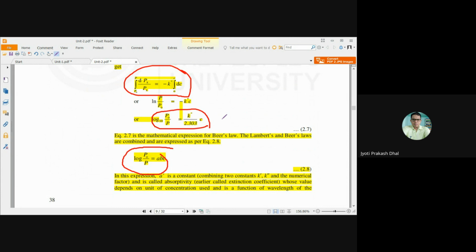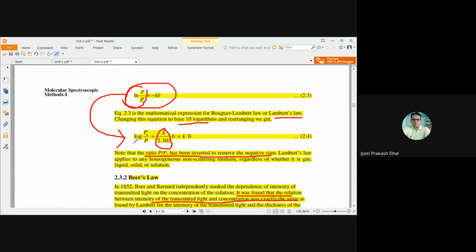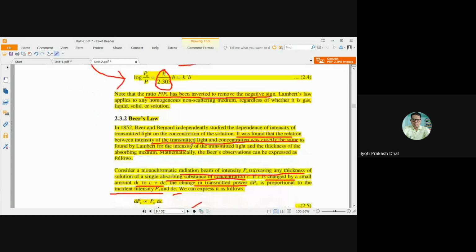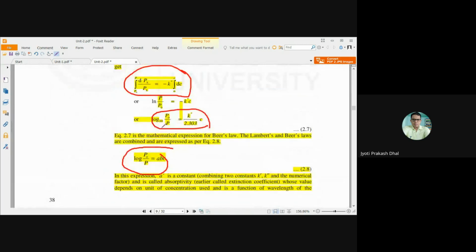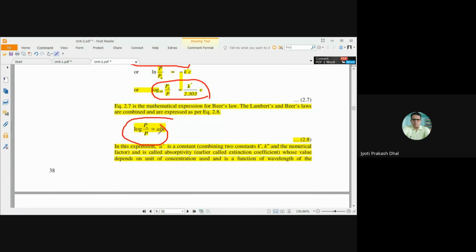And if we combine both Lambert's and Beer's law, from Lambert's law we can write log P naught by P equals k dash b. From Beer's law, we can write log P naught by P equals k double dash by 2.303 c. Combining both, we can write log P naught by P equals abc, where a is a constant combining the two constants k dash, k double dash, and the numerical value 2.303, and that is called the absorptivity, or also called the extinction coefficient epsilon, whose value depends upon the unit of concentration used and